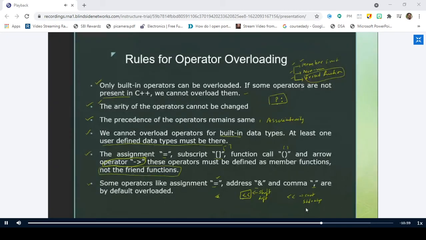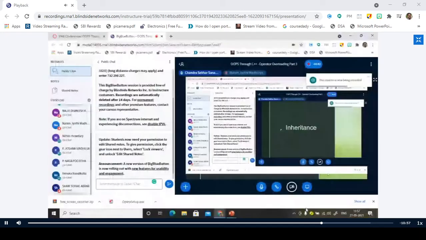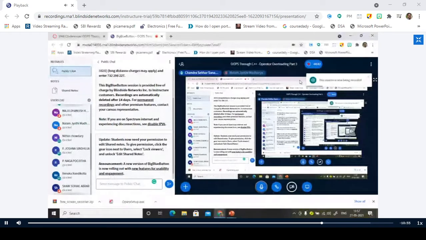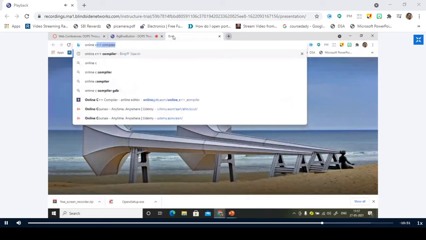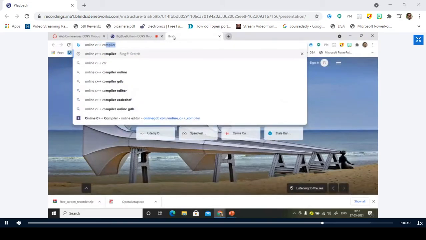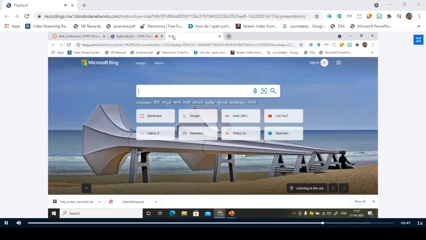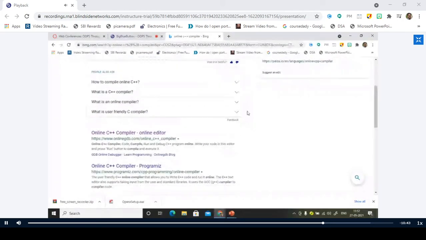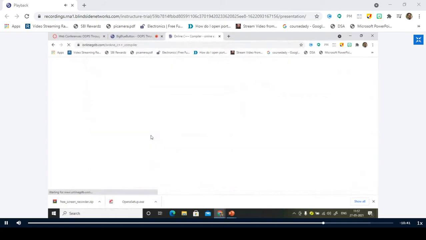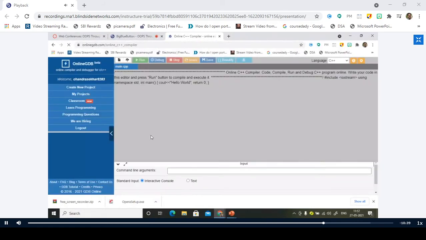Okay, let us start with one practice example, on an online compiler. We'll check whether that unary operator can be modified with our own code or not.